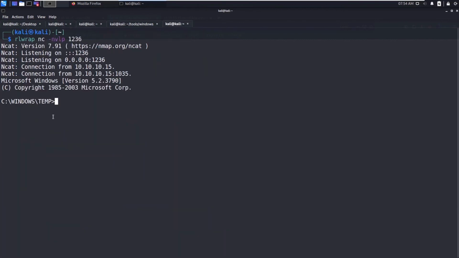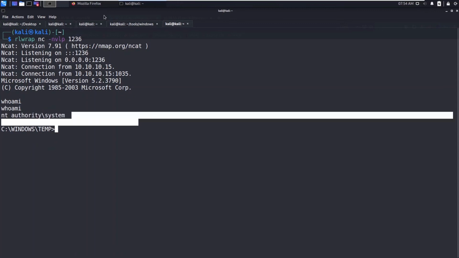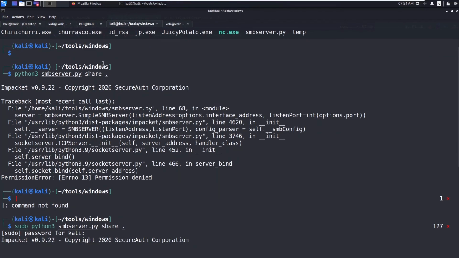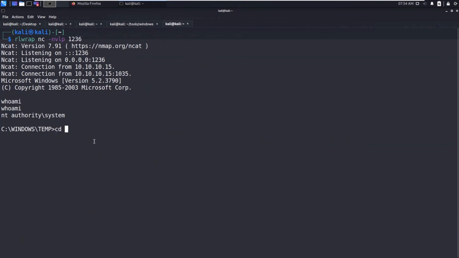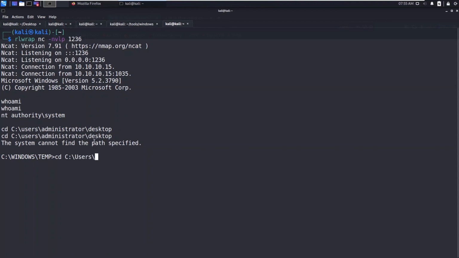This should take some time. Okay, we got this. Let's run whoami. So NT AUTHORITY\SYSTEM. So you can see now we can go to the administrator. Sorry. Okay, it should be in Documents and Settings.